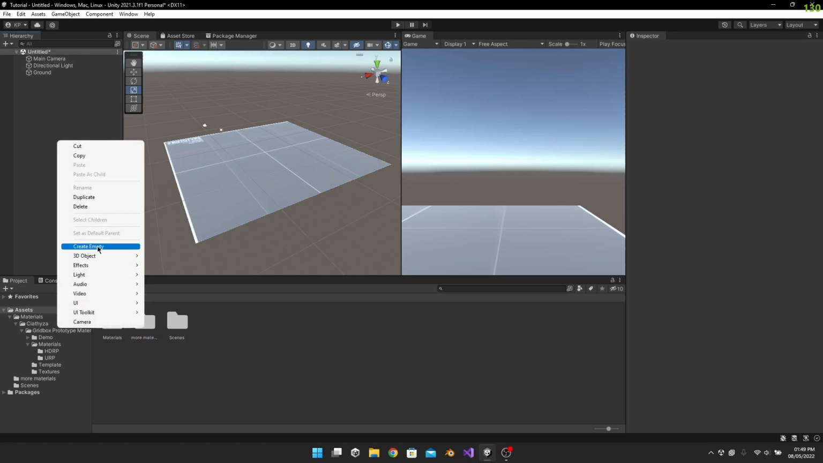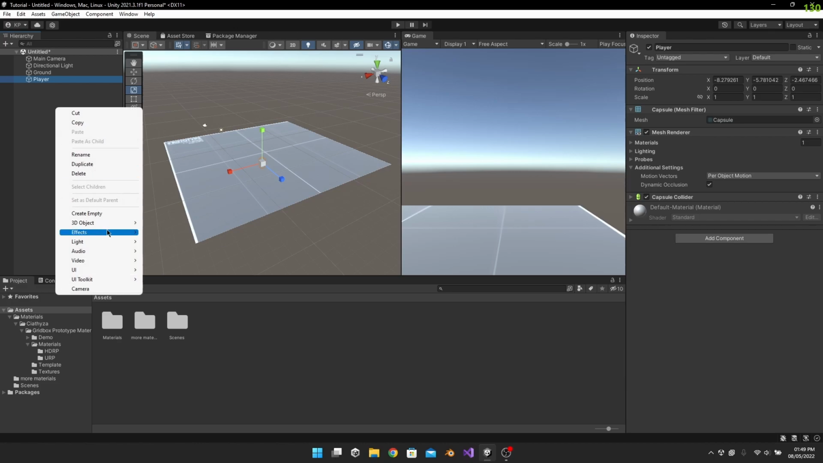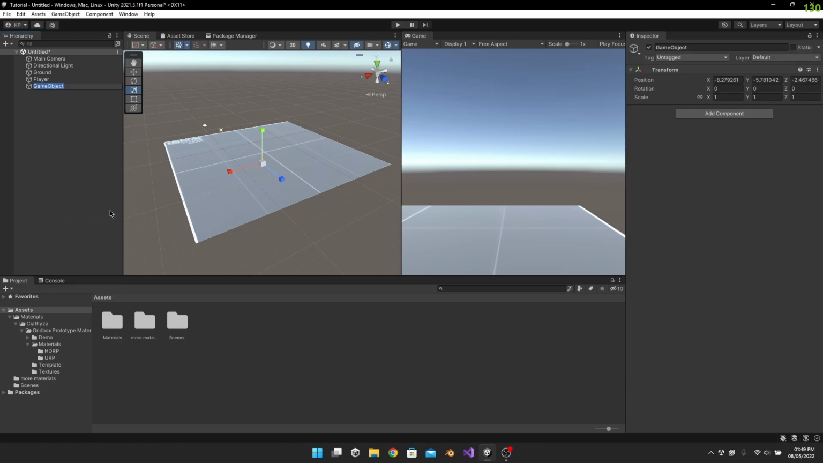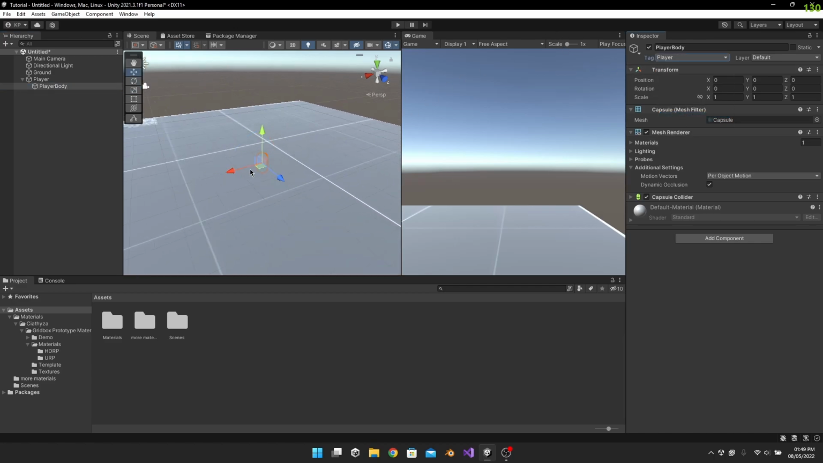hierarchy here. I'm going to create a 3D object, a capsule. It's going to be our player. I'm also going to create an empty, and I'm just going to write player empty and drag our player onto that. And I'm going to rename player to player body. And I'm going to give it the player tag. We can move this up,